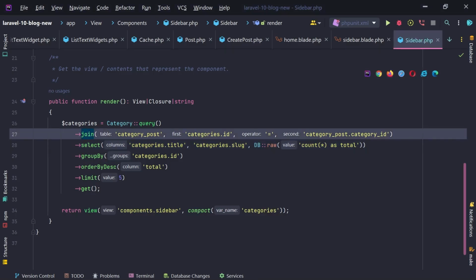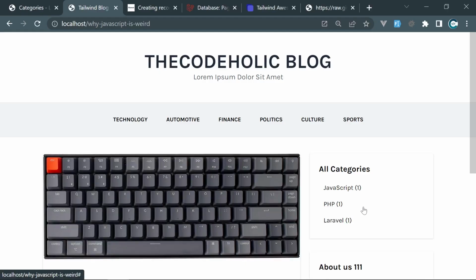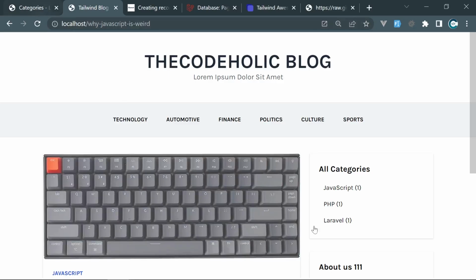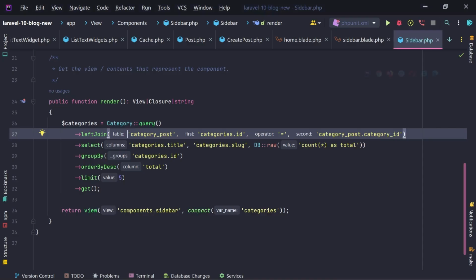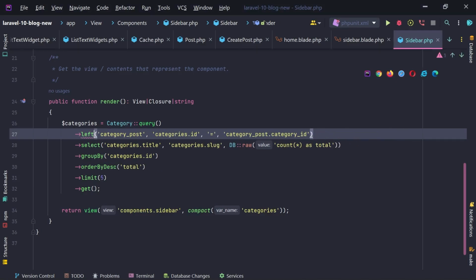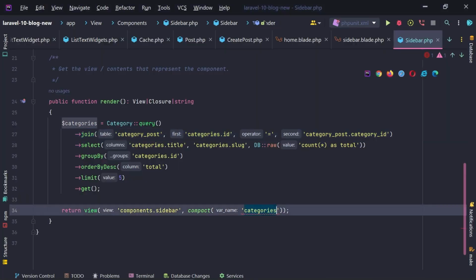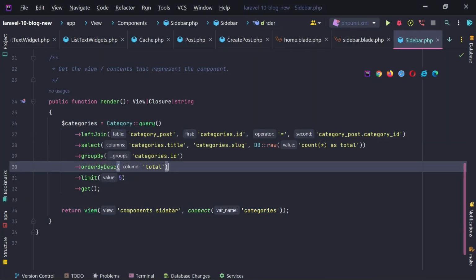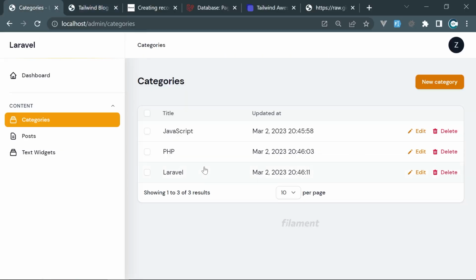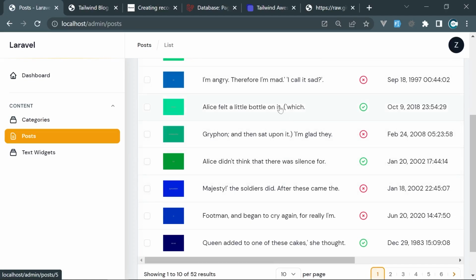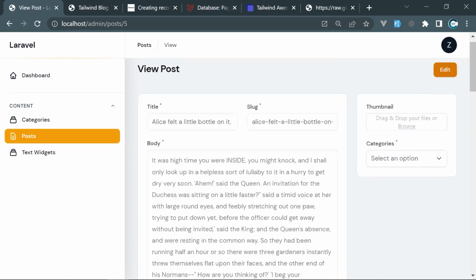And if I change this join into left join, then we're going to also have a look in the, yeah, that's strange. One of the categories we're missing, but why was that missing with the join? So that should be left join for sure. Okay, we have now 3 categories,